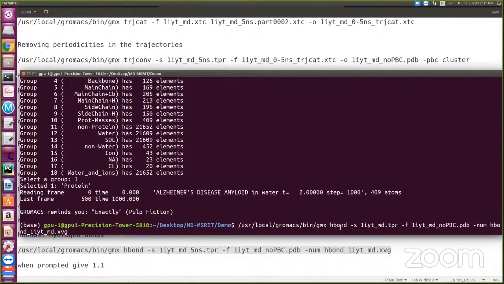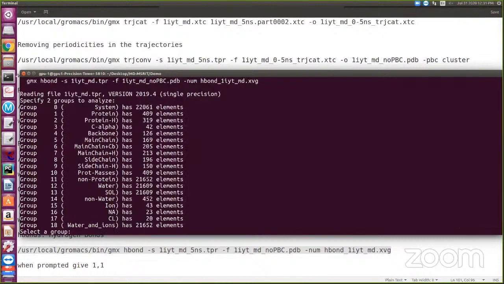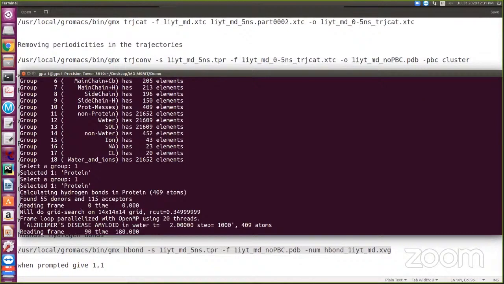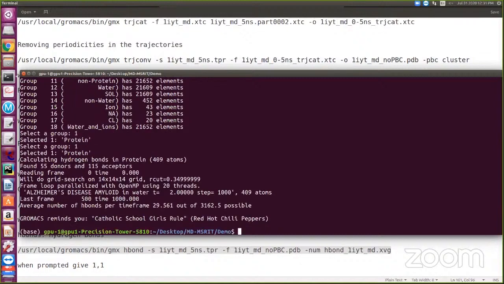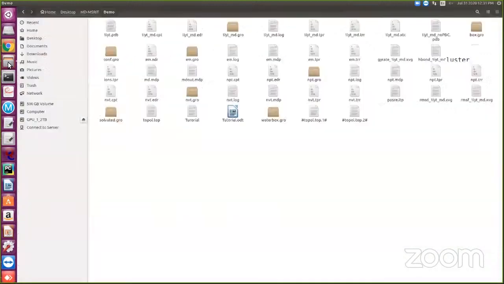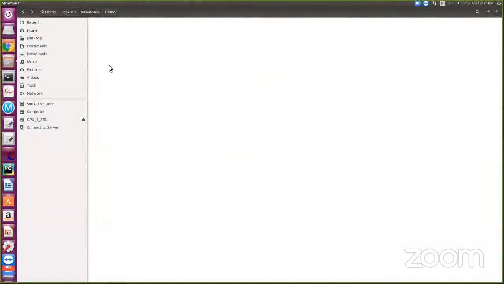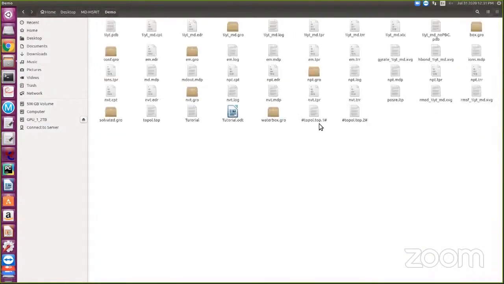The command is hbond, to get the number of hydrogen bonds, press enter. For the entire protein I want my hydrogen bonding, so 1 and 1. Now it is calculating over the entire simulation how many hydrogen bonds were there. Actually for 1 nanosecond, it is created in the demo.